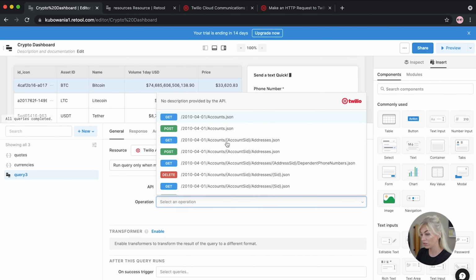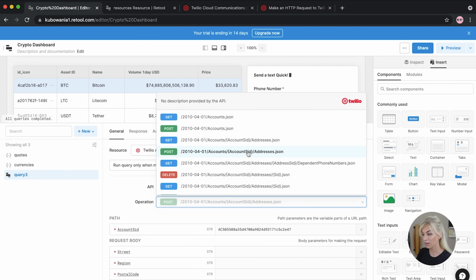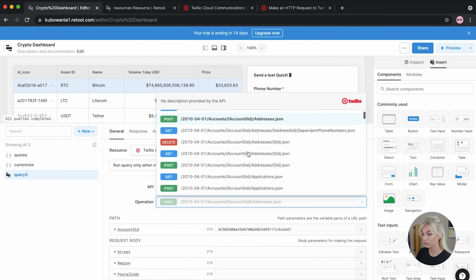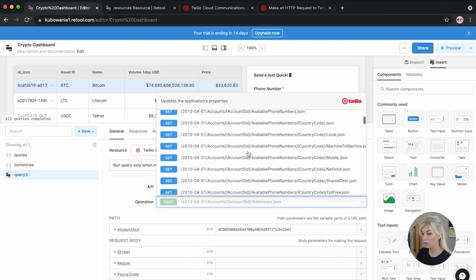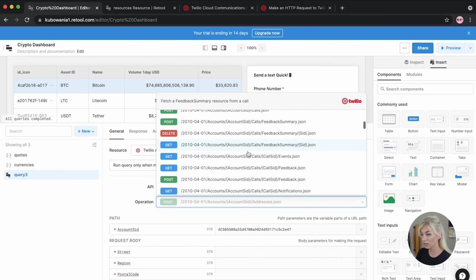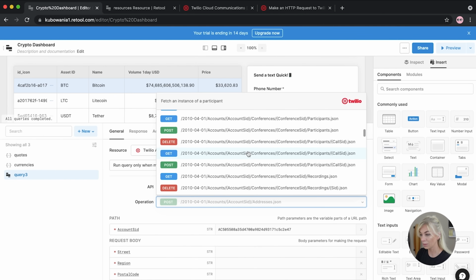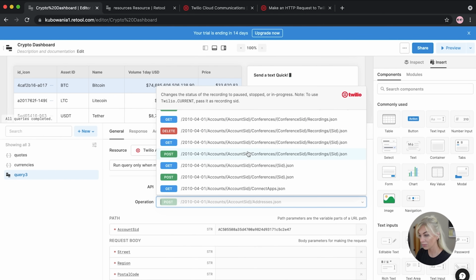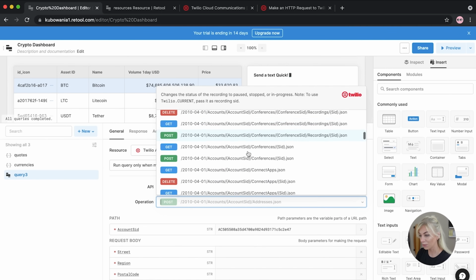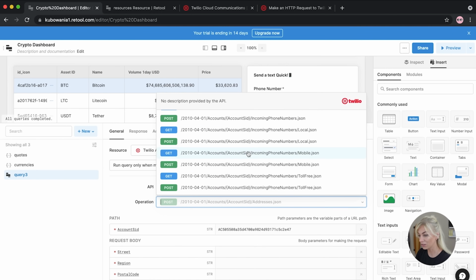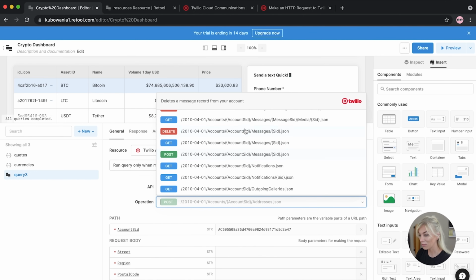API operation. Oh, it's already done it for us. That's really handy. So I want to post. So this is for addresses. I just want the one for messages. So there's a lot in here, but I'm just impressed that Retool already had this. I pretty much didn't really need to read the messages at all. So messages